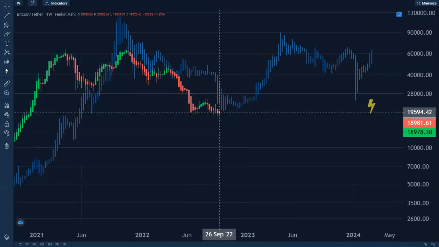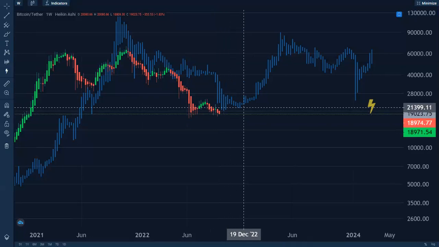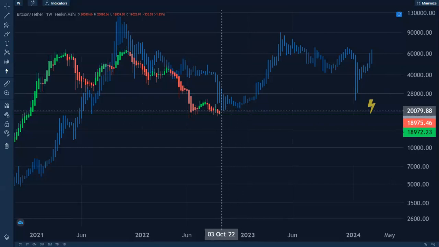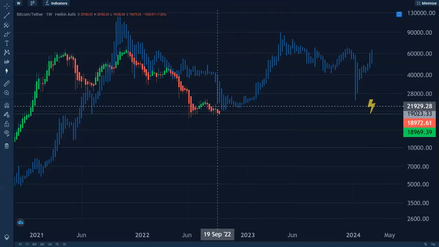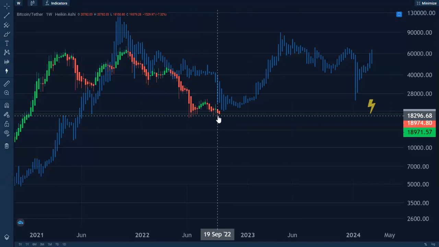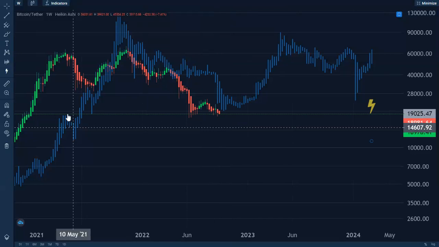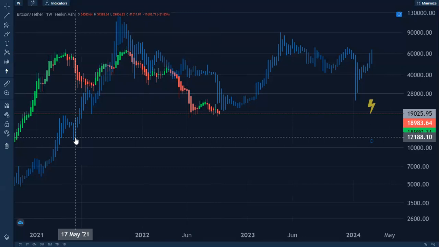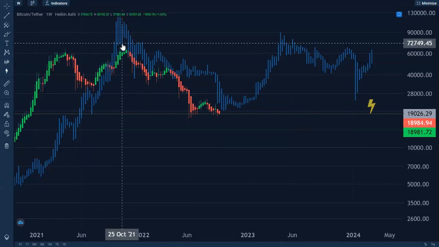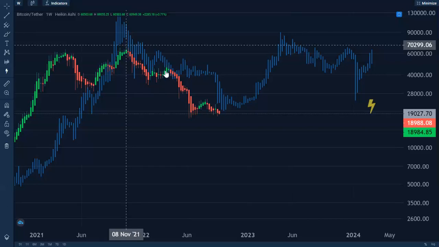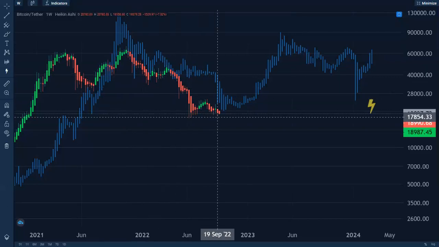So I'm expecting that we're going to be having some event or something is going to be happening that is going to be driving us up. And it's just eerie that our previous cycle is matching our current cycle pretty much to a T. I mean, come on, guys. It's pretty much dead on. I definitely am paying attention.